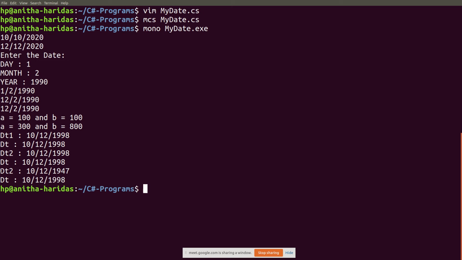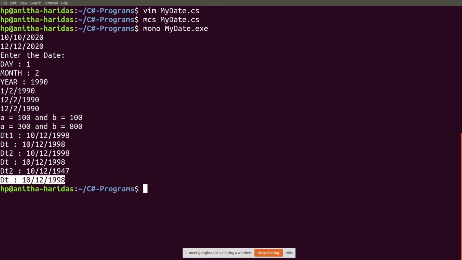Then what I have done, dt2 value I have changed. It became 10, 12, 1947. But when dt2 changed, dt value is not changed. It was maintained as it is. 10, 12, 1998 only is here. But here, when dt1 changed, dt changed. But when dt2 changed, dt is not changed because now dt is a different object, dt2 is a different object.